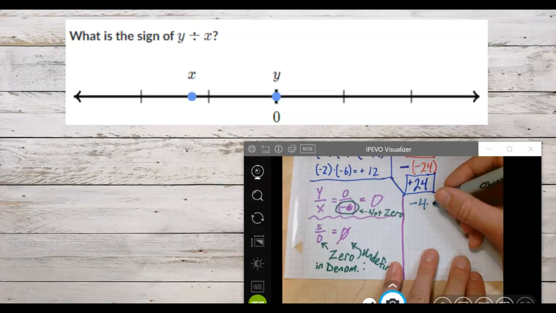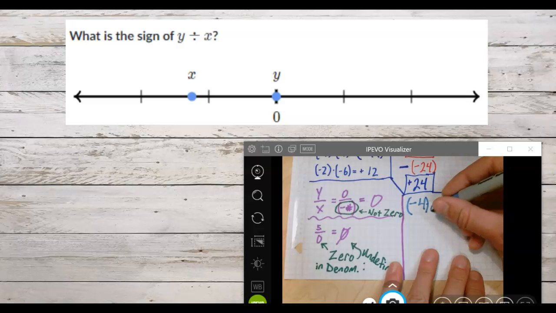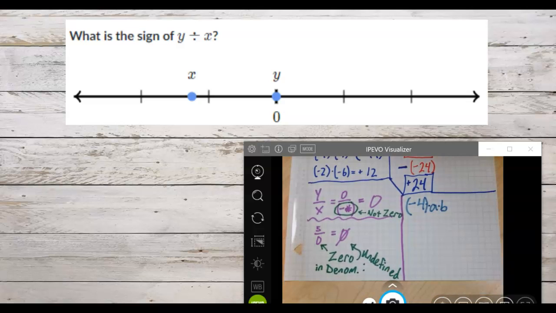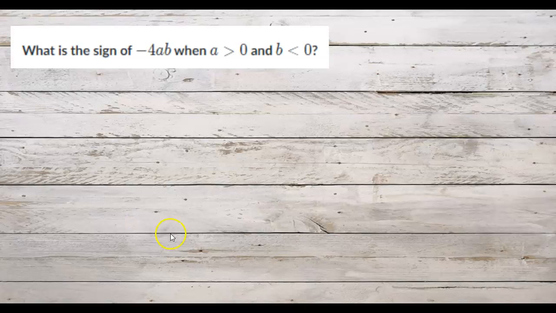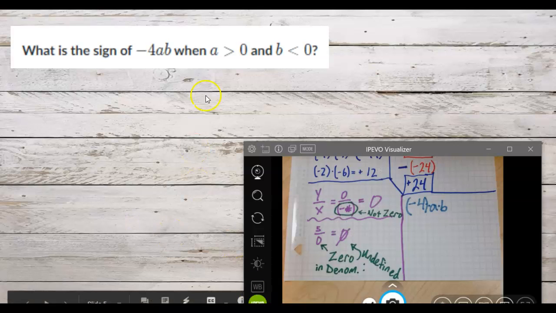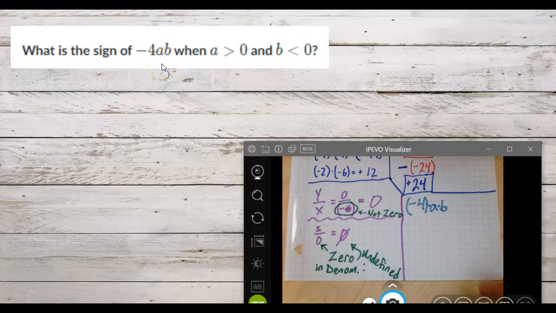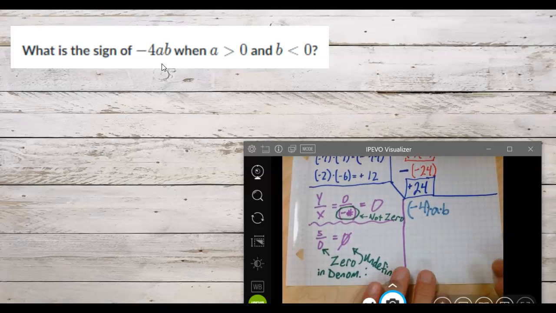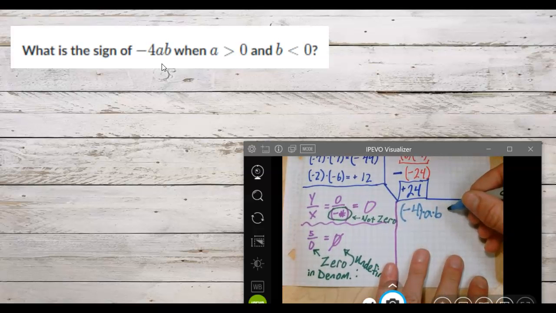We're going to do -4, which we could put in parentheses, times A times B. Now guys, a lot of math does not put the multiplication symbols between, but that's just because a variable up against anything multiplies. So notice this just looks like -4AB when we look at how it is shown in the text from the computer. And then they give us this little